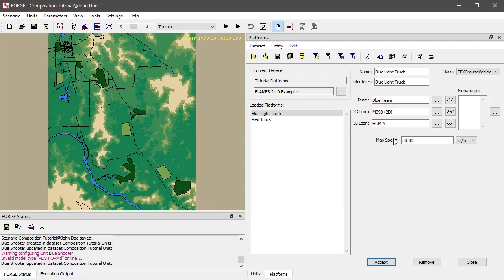It's the vehicle. And then I get to specify signatures. So this blue light truck doesn't have any signatures associated with it, but the red truck does. And again, it's up to the sensor model, but generally a Flames sensor model doesn't look directly at the platform in order to detect it. It looks at the signature of the platform. And a platform can have multiple signatures associated with it. So it could have an infrared signature, it could have an electro-optical signature, it could have an acoustic signature, it could have radar signatures in different frequency bands, millimeter wave, and a lot of different types of signatures,